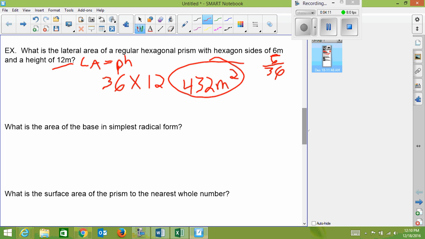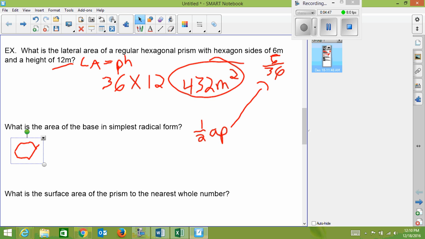What is the area of the base in simplest radical form? To do the area, what we learned in the last chapter is that it's going to be 1/2 of the apothem times the perimeter. We already know the perimeter. The perimeter is 36 because we just found that. So we need to find the apothem. And if you think about a roughly drawn hexagon, if this side down here,